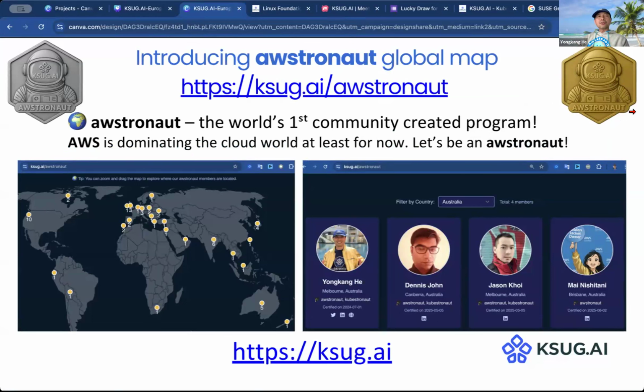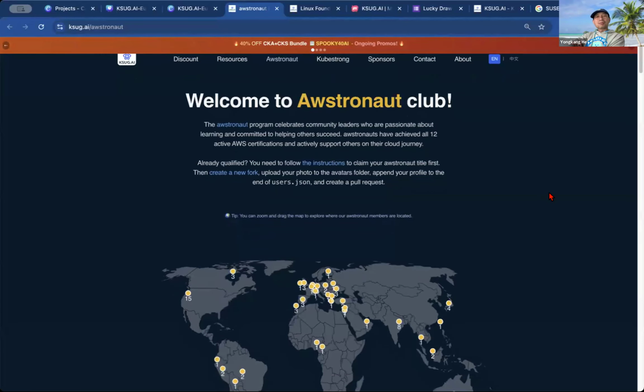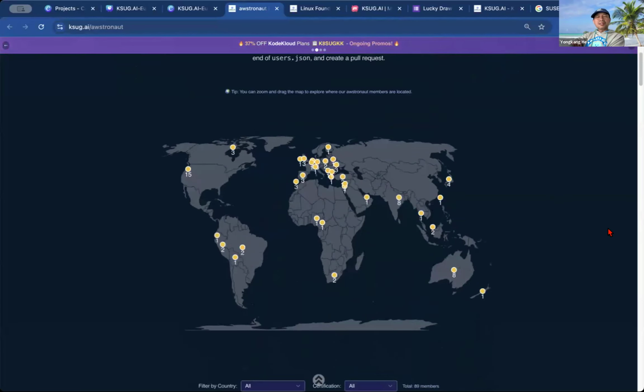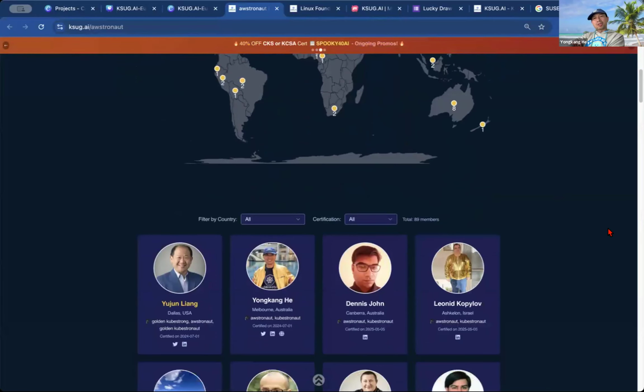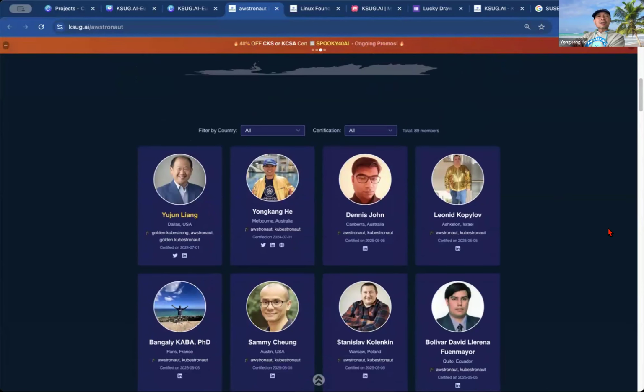For anyone fully certified on AWS, you can get the title called AWS Astronaut, and then you can get the digital badge as well. Then we will feature all of the guys on our global map. Here you can see, welcome to our Astronaut Club. You can see how many people from which country are fully certified on AWS.